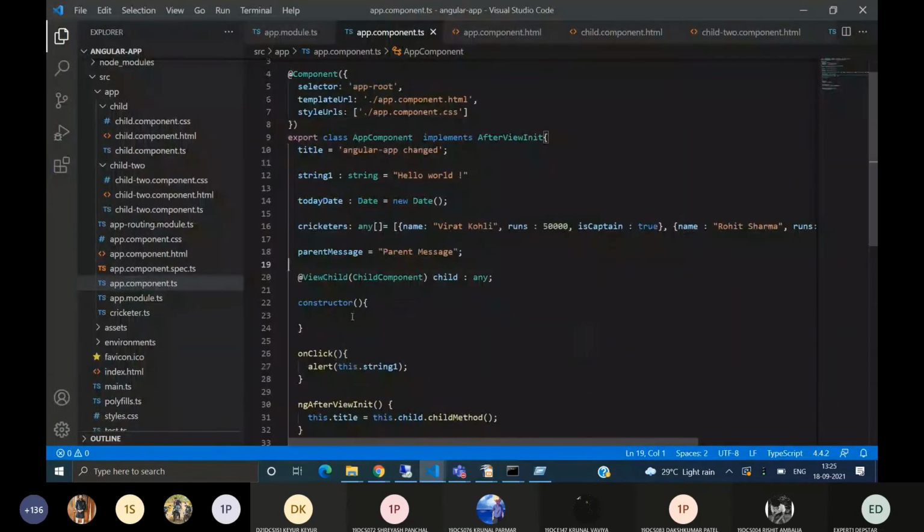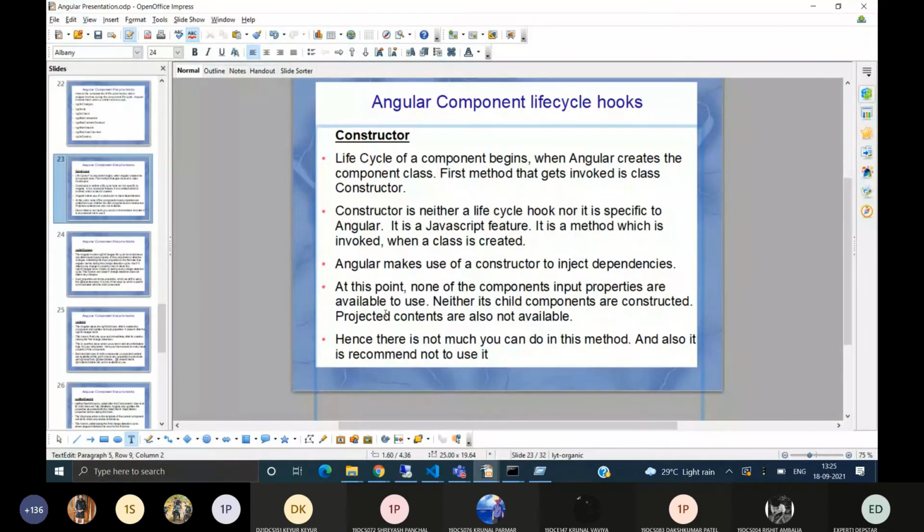If you write any code in the constructor that uses these variables, it will not be able to use them. So it is not advisable to write any code in the constructor. Hence, there is not much you can do in this method, and it is recommended not to use it.